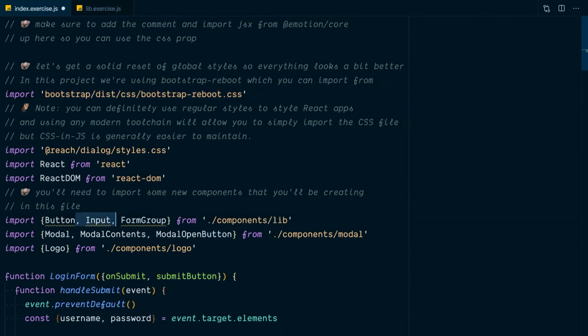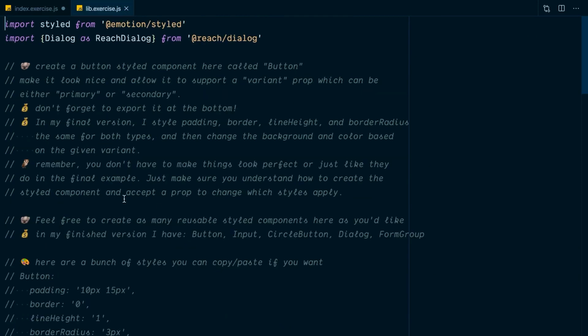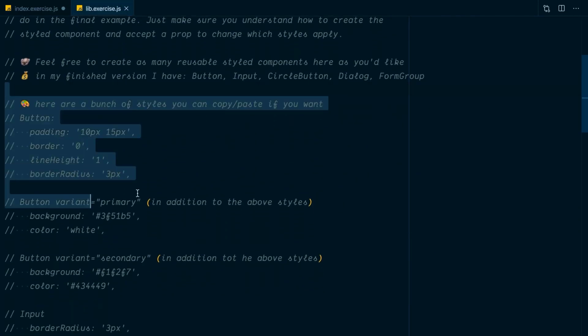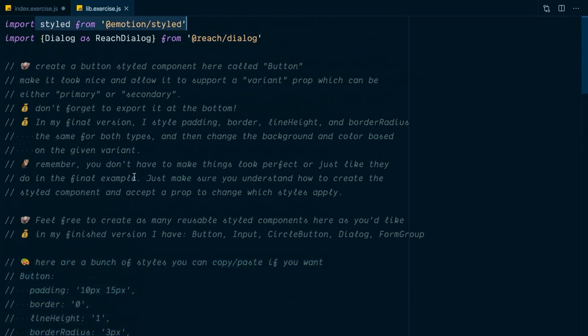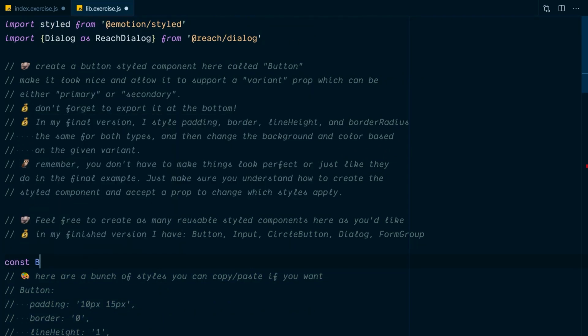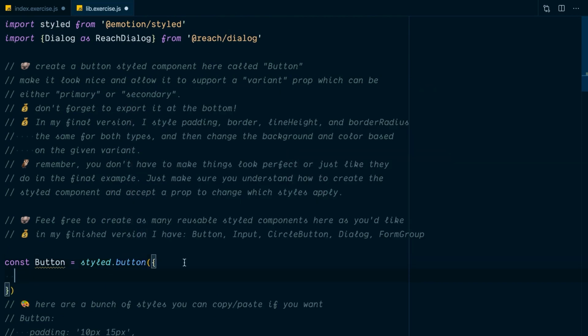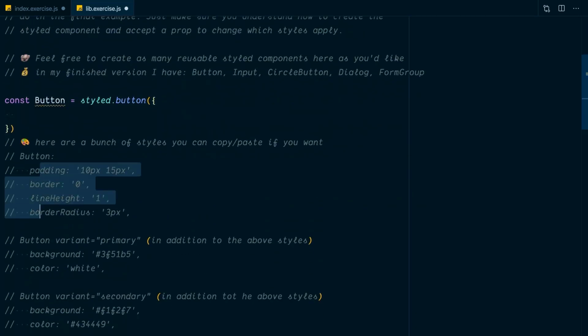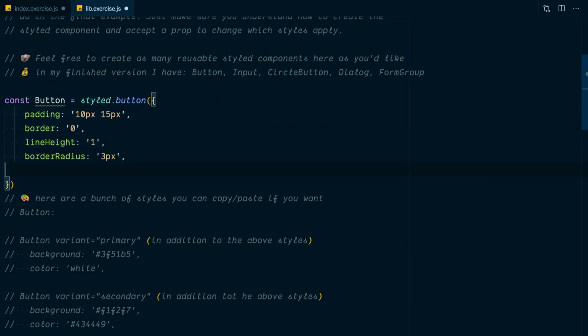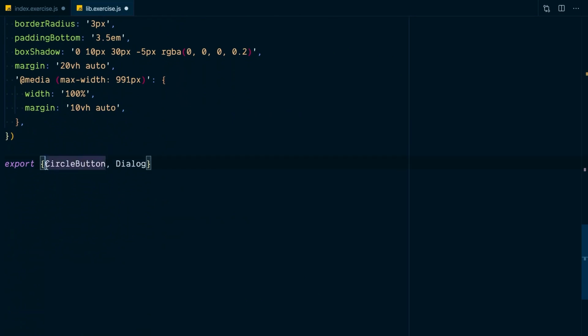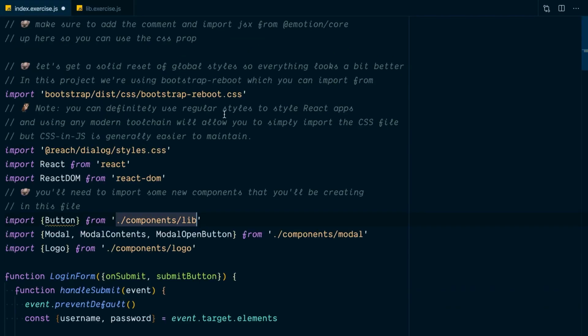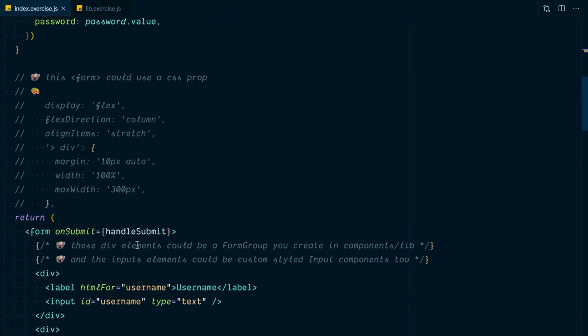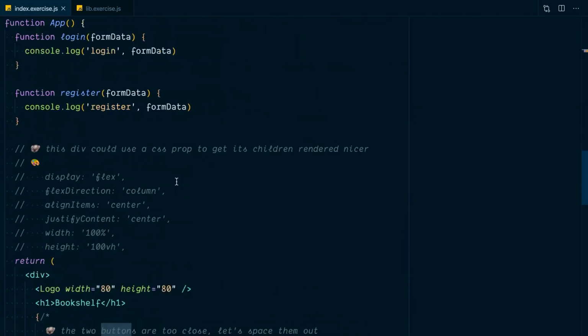So we're going to bring in this button component from our components lib, and then let's go to our components lib, and this is where we're going to create our own styled buttons using emotion styled. So let's go ahead and make a button with styled button, and I'll use the object form here. I'm going to grab these styles and move them right up, and then with those I can export this button down here at the bottom and save that, save this, and then I'll grab anywhere where I'm using a button